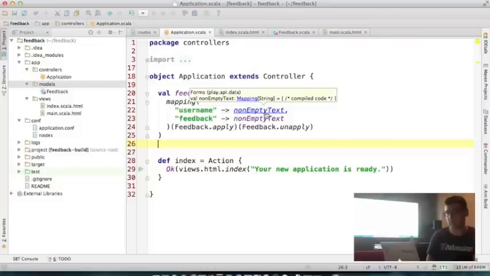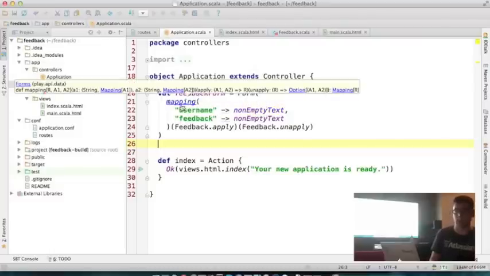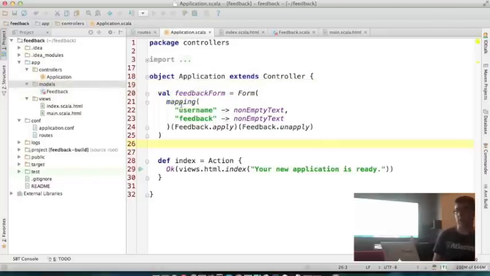Yep. So yeah, it's a tuple, and we pass into this a tuple of parameter names in the form to mappings, and then that allows us to bind it to and from the case class. So now it can actually match that up against the fact that feedback has two string parameters and it all type checks. Yep. And of course, because there's a limit of 22 arguments to a Java method, and because